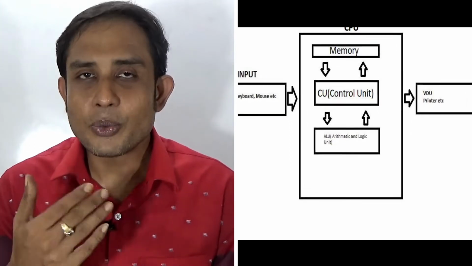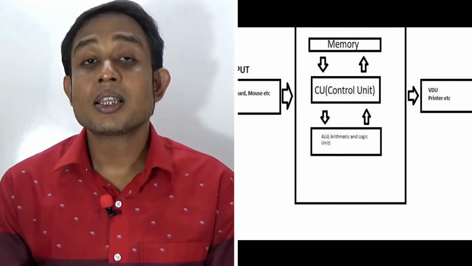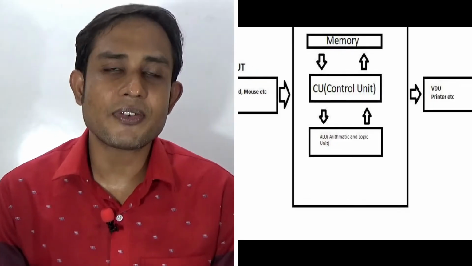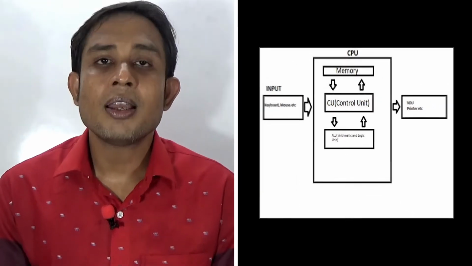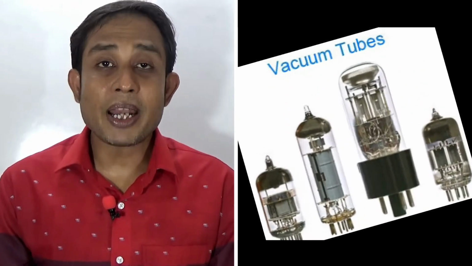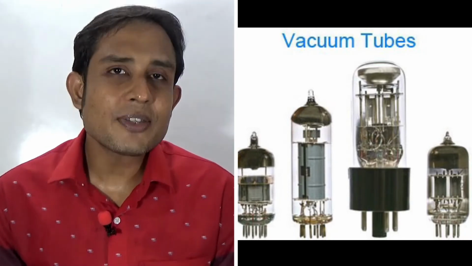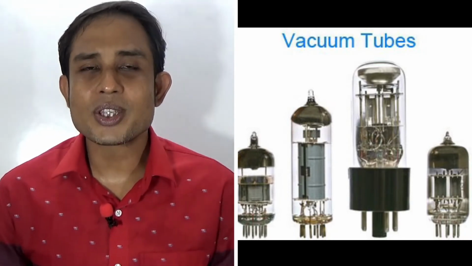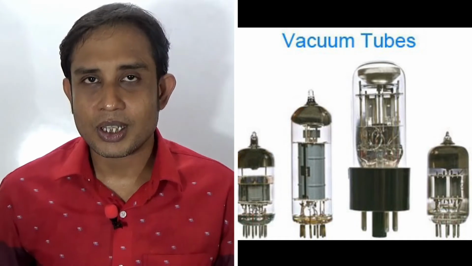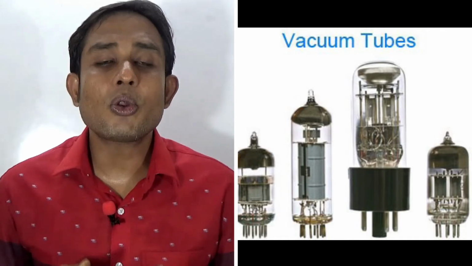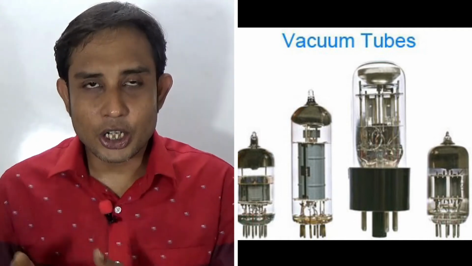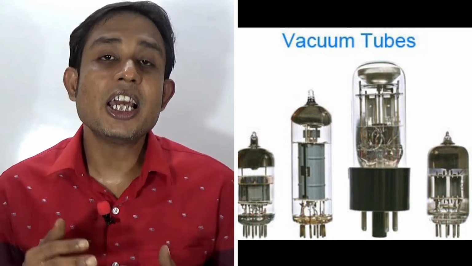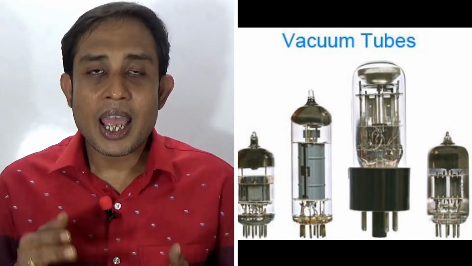So let's start with the first generation. The first generation computer was basically developed in the year 1945 and used up to the year 1959. It is made by vacuum tube. Now, what is a vacuum tube? A vacuum tube, sometimes also known as a valve, is a device which controls the electric current flow in high vacuum between electrodes, to which an electric potential difference has to be applied.